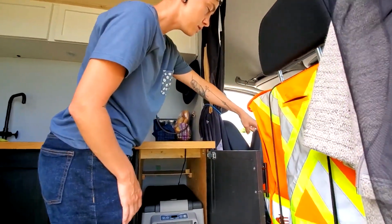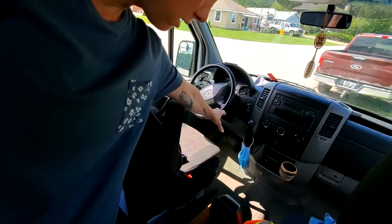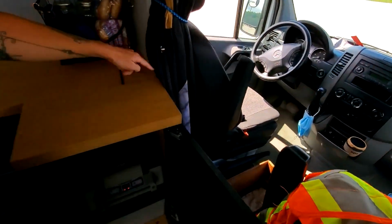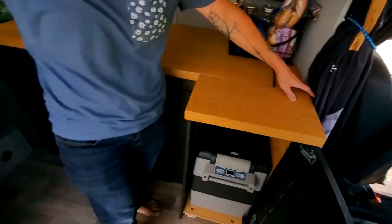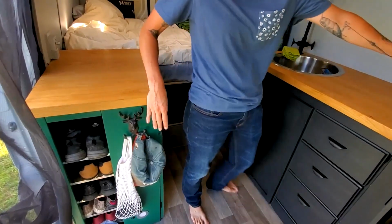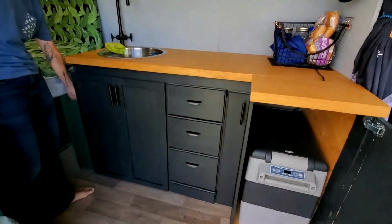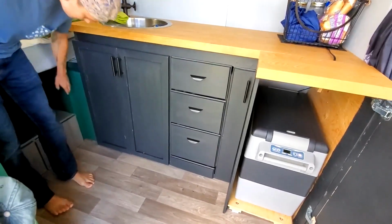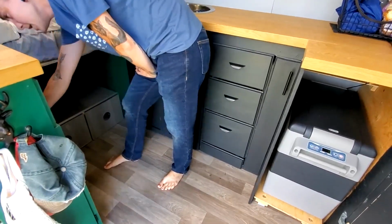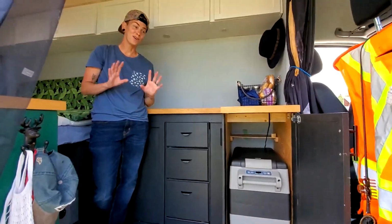So like I mentioned, the charge relay is underneath the driver's seat. It goes from the main battery, which is under the feet of the driver, goes under the seat, the charge relay. It obviously has to go all the way back to our batteries back here. Unfortunately, I did not think of wiring that before, so that's actually running behind the kitchen unit. It's all the way behind the kitchen unit. It's actually coming through inside this unit, across the top of, like, underneath this step, and into the battery unit. And so I did not think that went through very well, but the rest of the wiring was pretty